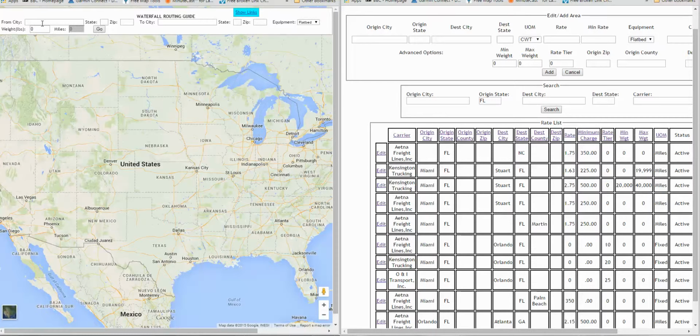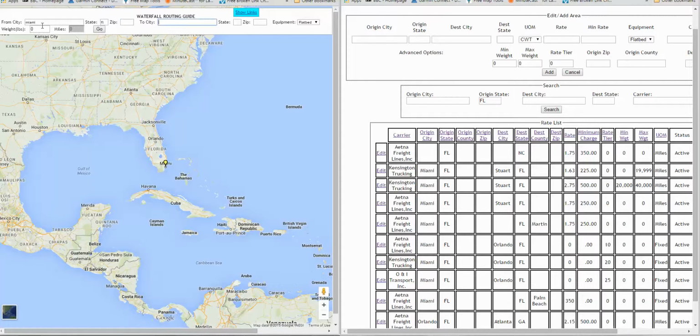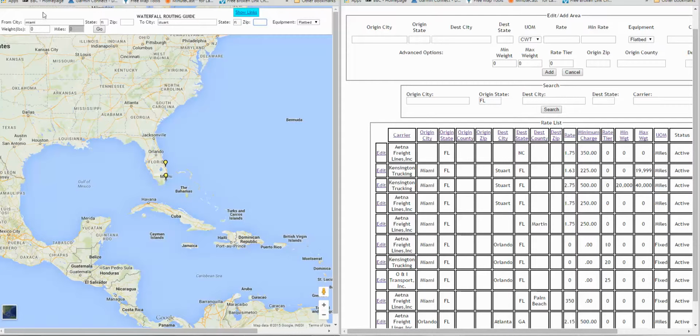So if we look at Miami to Stewart, we can see in this case with a load that's 18,000 pounds, the system returned Kensington first using the Kensington less than 20,000 pound rate with $225, $1.63 a mile, but 225 minimum, and